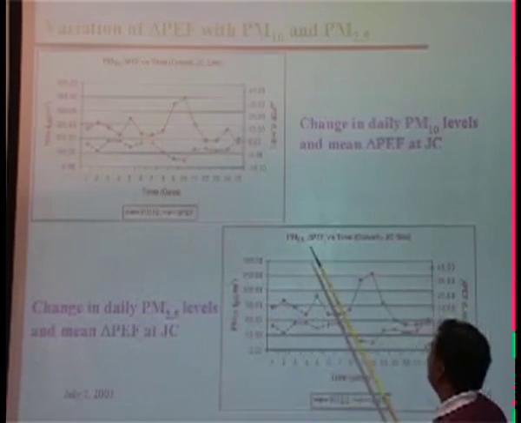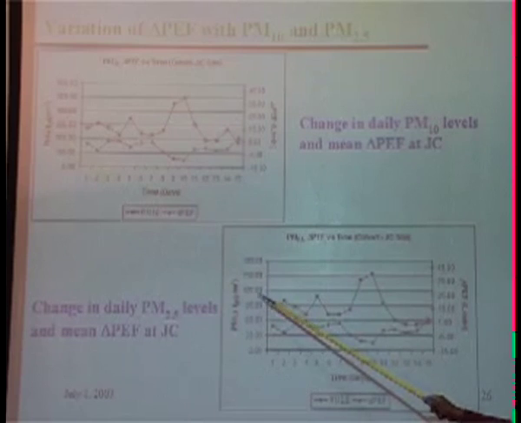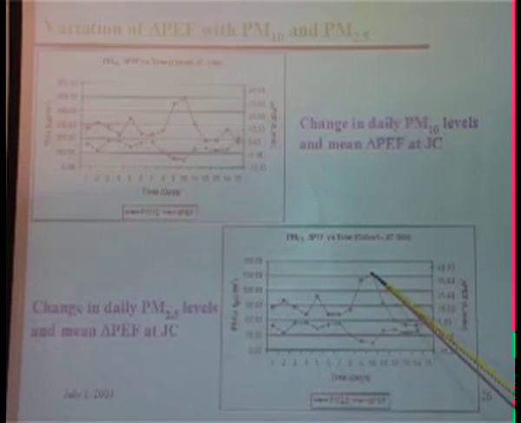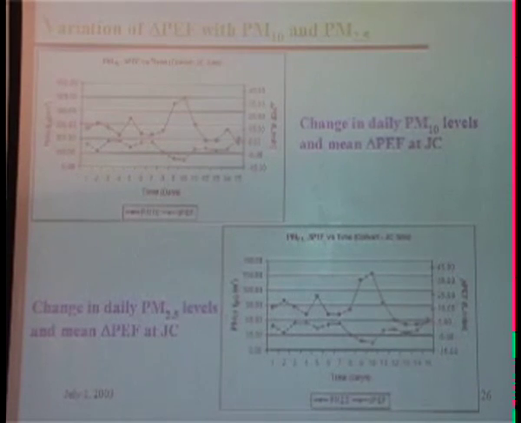And similarly, for PM 2.5 at Juhilal colony, that also is clearly seen. As the PM 2.5 pollution level goes up to like 150 or so, the performance decreases. In fact, it becomes negative from the normal performance. And then as the pollution level drops, close to about 60, their performance improves. So PFR is related even with the daily activities, like you can improve and it can go down.